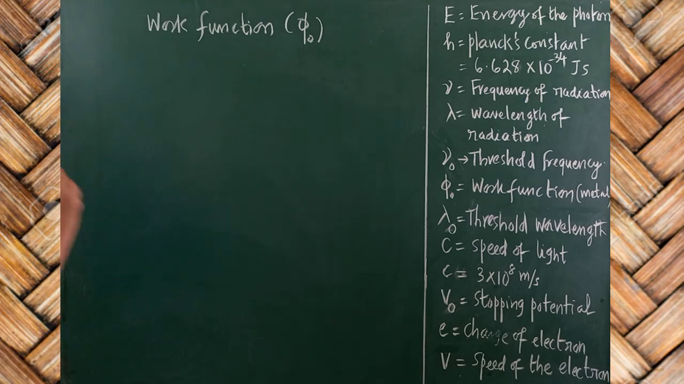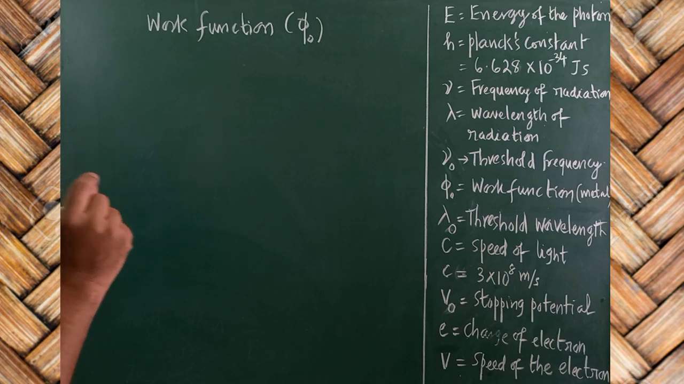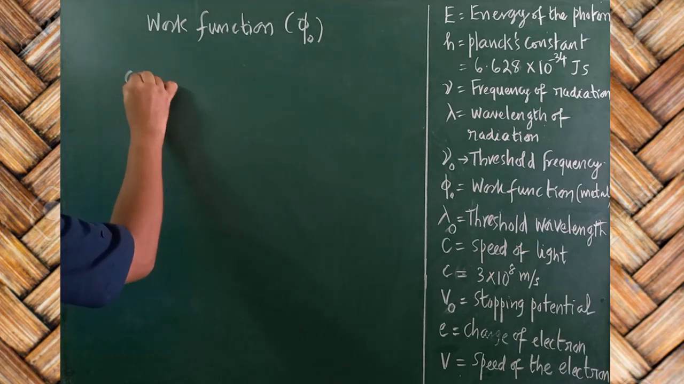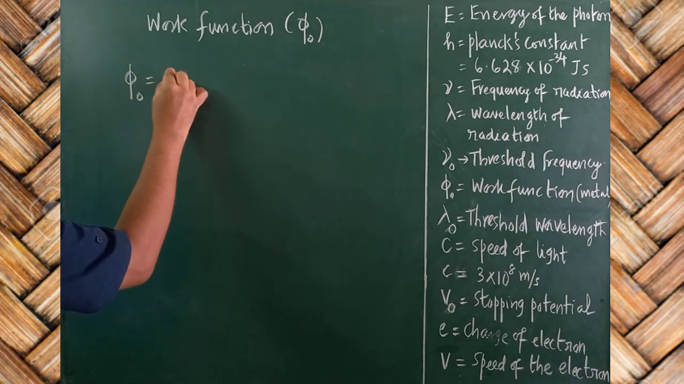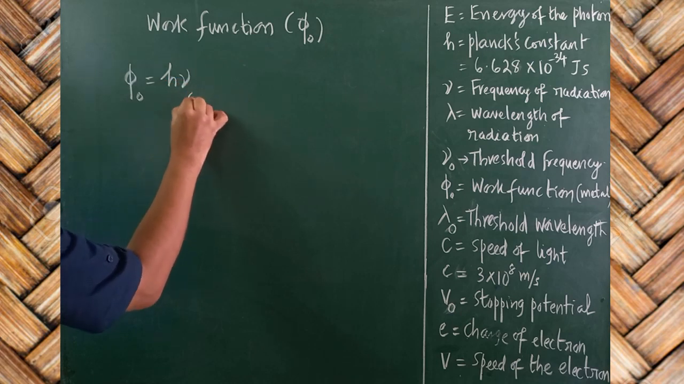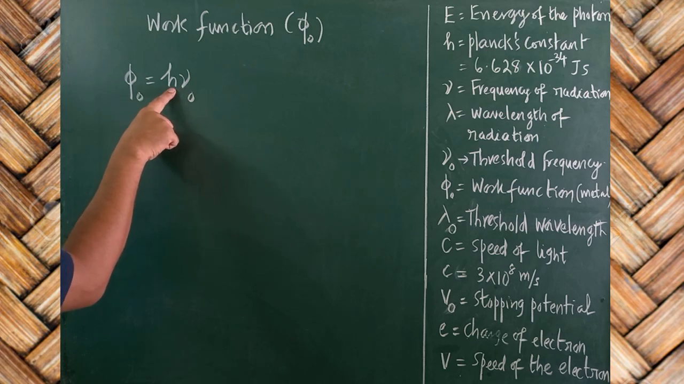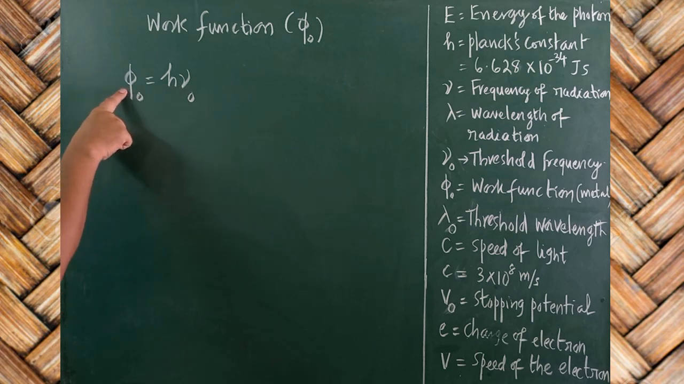For that, a minimum energy is required. That minimum energy required is called what? Work function. It is constant for a particular metal. Okay, now I will introduce the formula alone. Work function phi naught can be written as h nu naught. This is a formula, and nu naught is called the threshold frequency. By multiplying threshold frequency with Planck's constant,